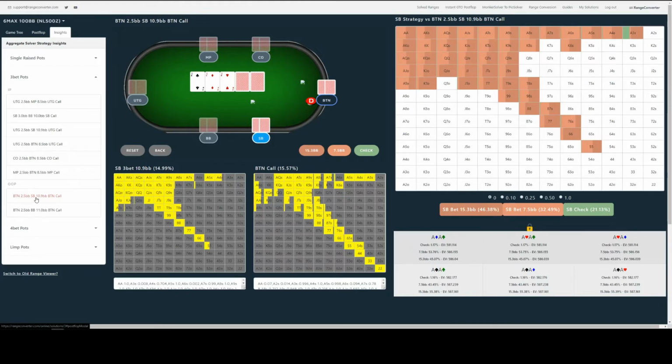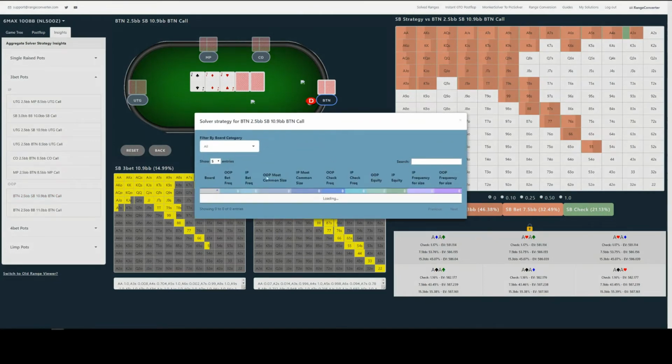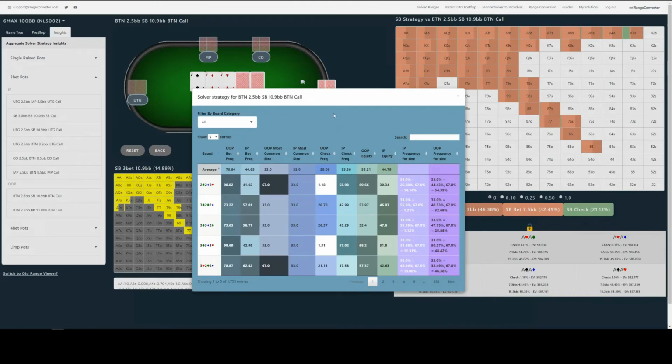Now, post-flop insights allows you to see macro strategy across all of the flops that there are. So it's essentially an aggregated report for the strategy of all flops possible. So let's have a look at the small blind 3-bet button call. Navigate to that, click on it, and this loads up the table, and it's just populating the data here. It tells you what spot we're on here. Whilst it's loading, here we go, and it's loaded up.